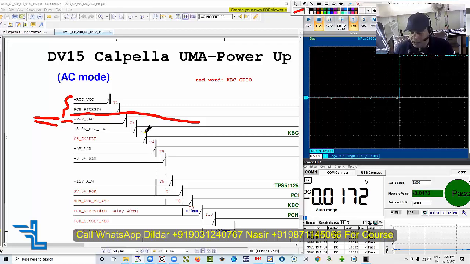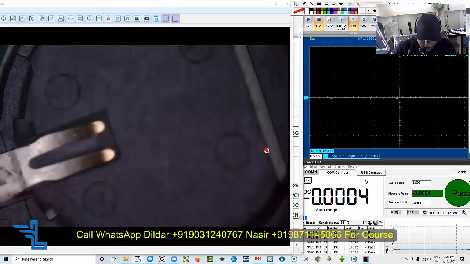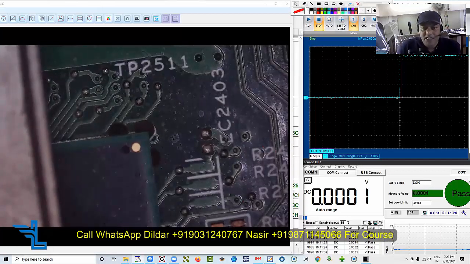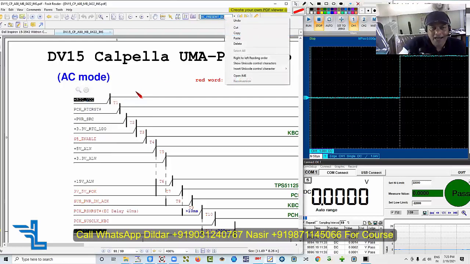Okay, I am going to insert this CMOS cell into the motherboard. So here is the CMOS cell. Let's insert it. Now the area which it is telling us, RTC VCC. Let's check this supply. Look, why I started from this point, because as long as we have worked on this